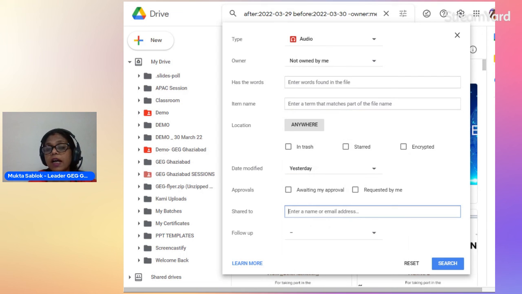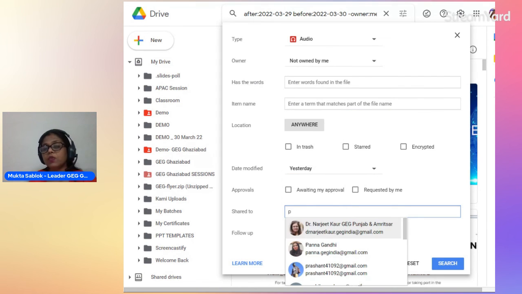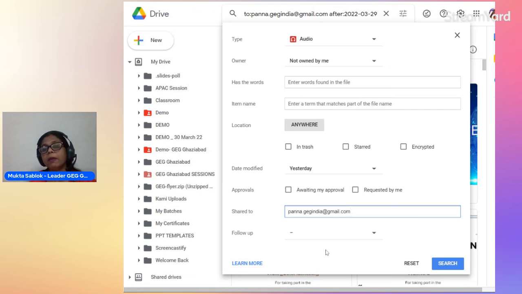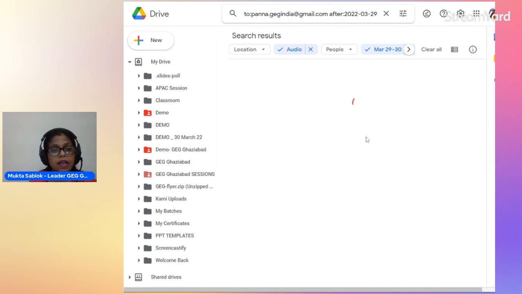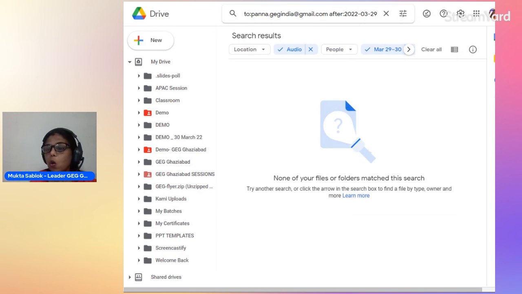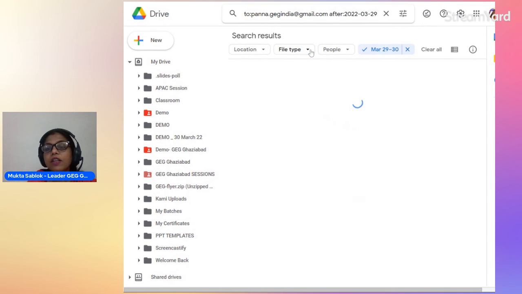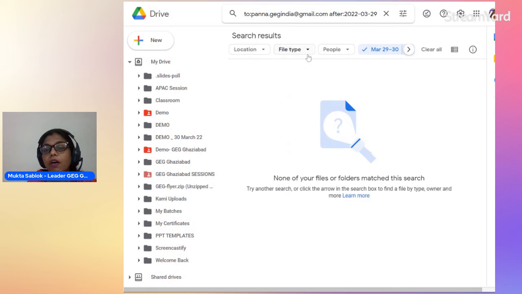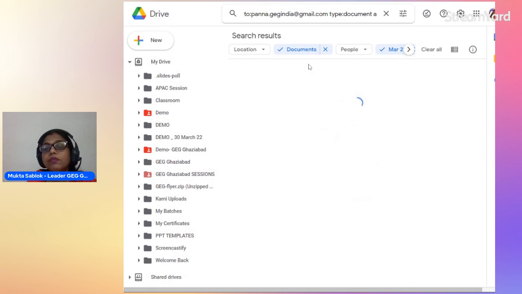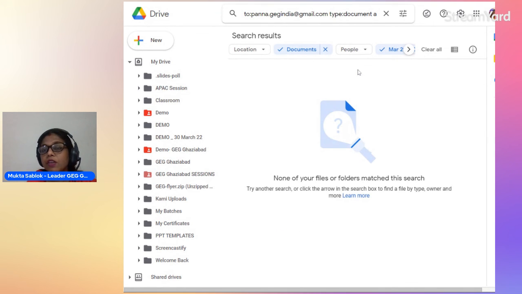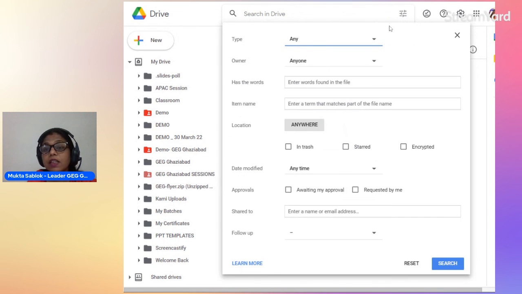I can just type that the files which I have shared to Panna ma'am can be searched. So let us see what results come. Oh, no results, because I have selected audio and I have not given any audio to her. So this is the search option.